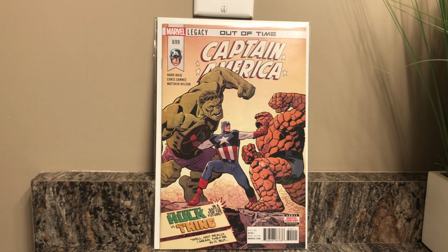I don't normally pick up new issues. It's not really a thing I normally do or have been doing for the last couple of years. Maybe roughly newer issues, but never when they first come out. But I was going through the book, and I saw that Amazing Spider-Man 797 was coming out. That was a pretty cool Green Goblin cover. I didn't know about the Red Goblin stuff yet, so...